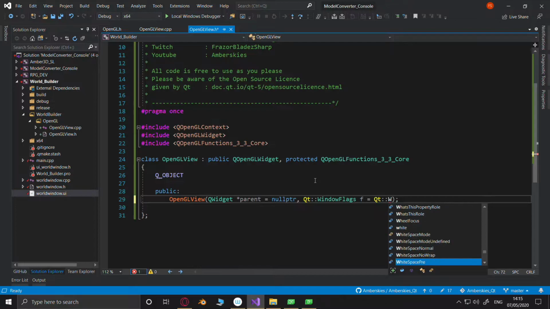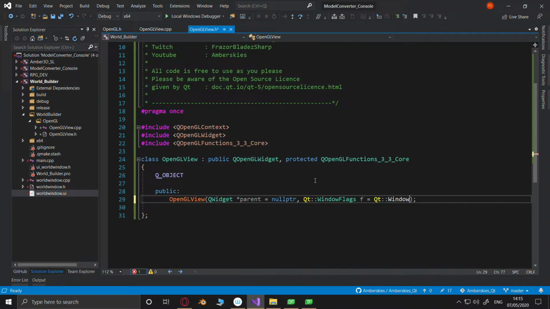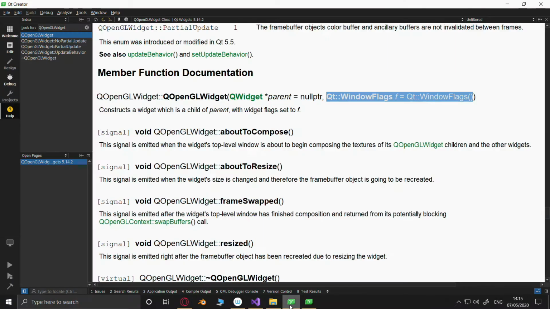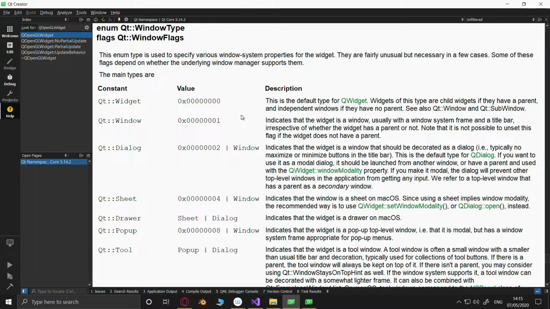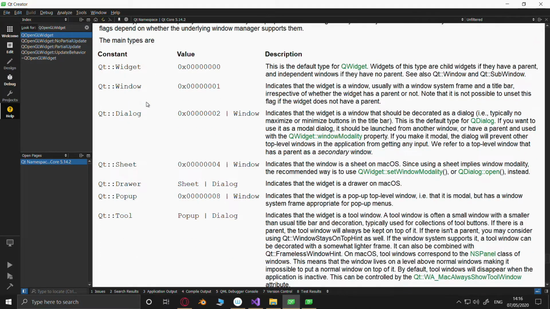Well, that's all the A's. I want a window, please. Here we go. There it is. What will that do? It doesn't really say, does it? I want to know what I'm expecting to get. Yeah, okay.